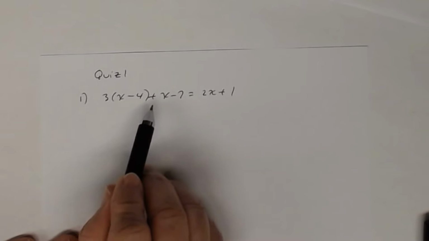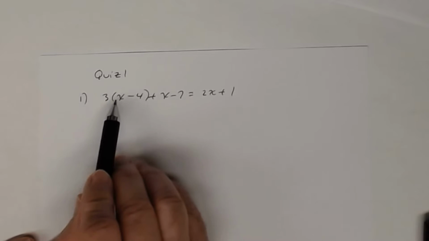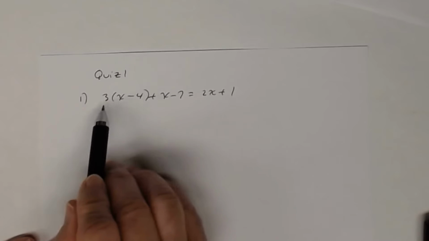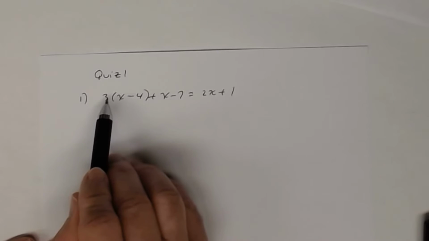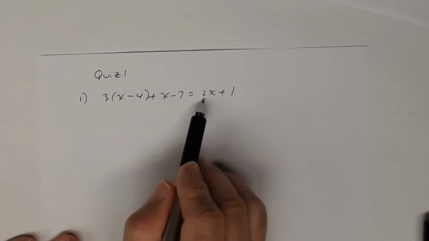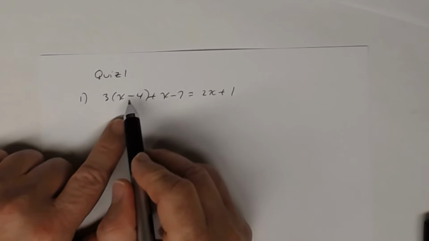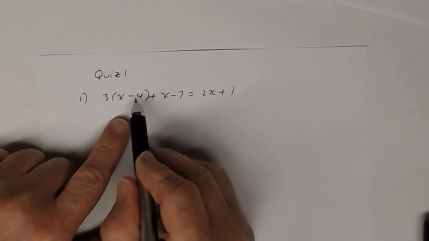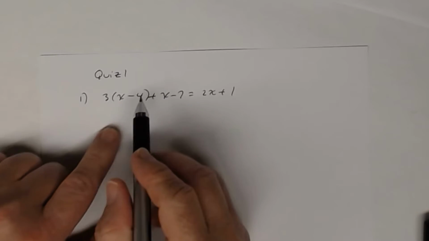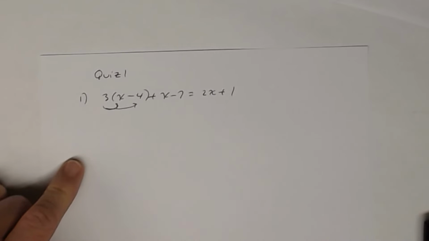Now, I want you to notice, though, in this linear equation, I have 3 times x minus 4, and this x minus 4 is in parentheses. And notice the two terms inside the parentheses are being multiplied by 3. That's what that says, 3 times all of these terms, plus x minus 7 equals 2x plus 1. So I only see one set of parentheses here. And the fact that this expression is being raised to the first power implies that I can use the distributive property to get rid of